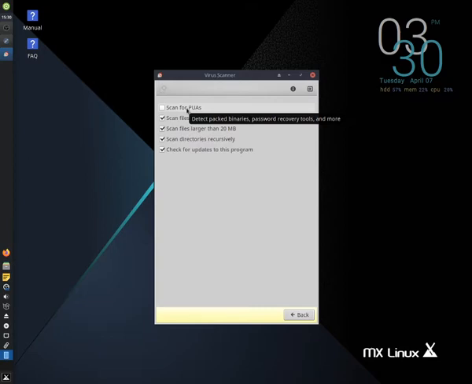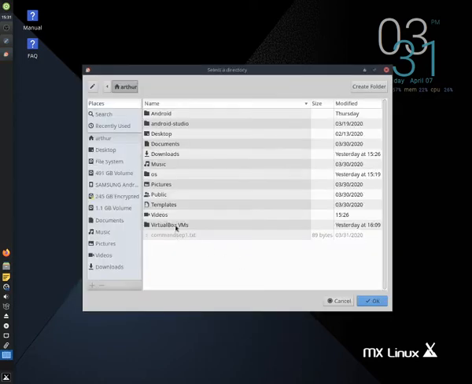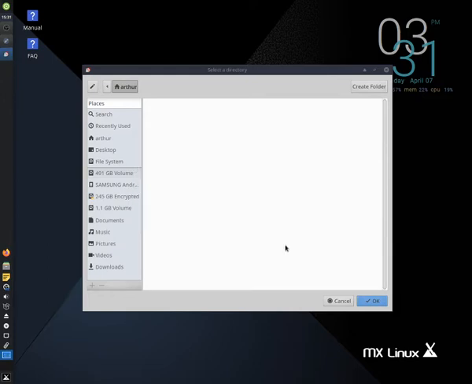Or if you're feeling like flagging every single bad cookie as a security threat, and you want to show your customer that they've got this many security threats on their computer, you can click on this, but I think it's a bit of overkill. So, normally you'll go in here and choose a directory or some other file system. We're not going to bother going through the hard drive here. Anyway, so